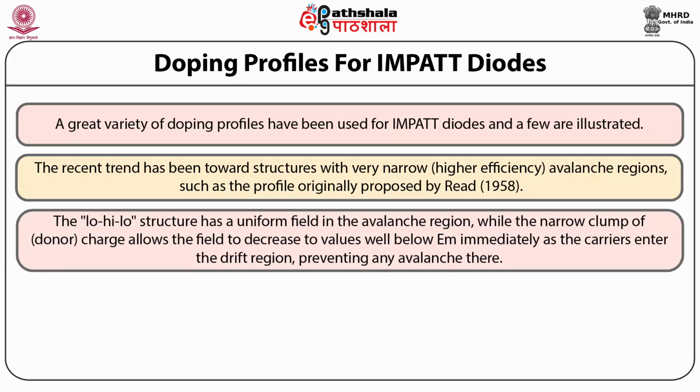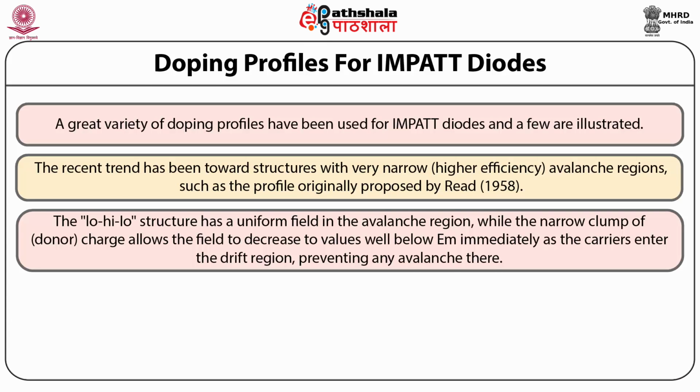The low-high-low structure has a uniform field in the avalanche region, while the narrow clump of charge, basically donors, allows the field to decrease to values well below E_M immediately as the carriers enter the drift region, preventing